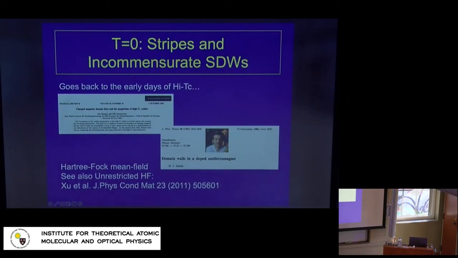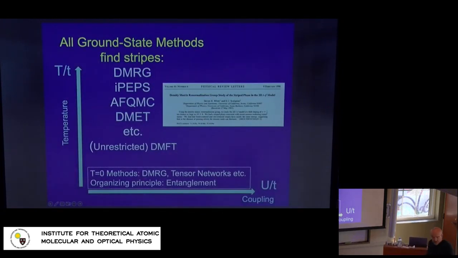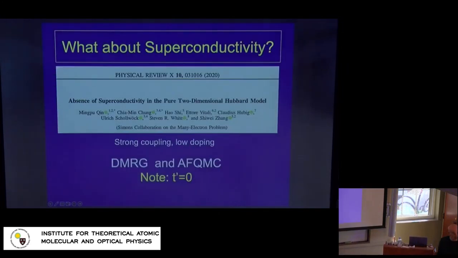Okay, very good. Stripes are not new in the field, of course. They already exist from mean field theory. There are several famous papers from the early days of ITC. These are two of them, one very remarkable one by the late Heinz Schulz. And basically, all the methods that are able to say something about T equals 0 have consistently seen the presence of stripes in the ground state, including single-site DMFT done in an unrestricted way on the lattice, actually. So there is pretty consistent agreement about this.